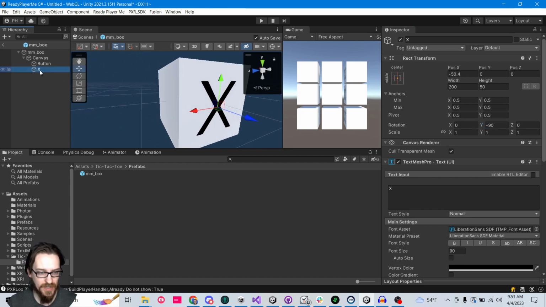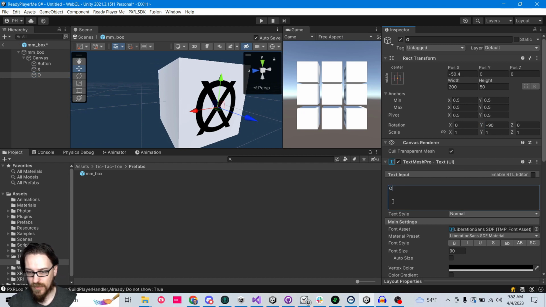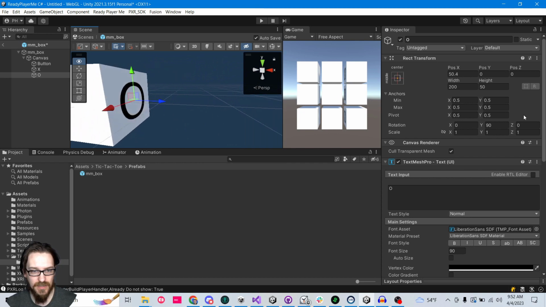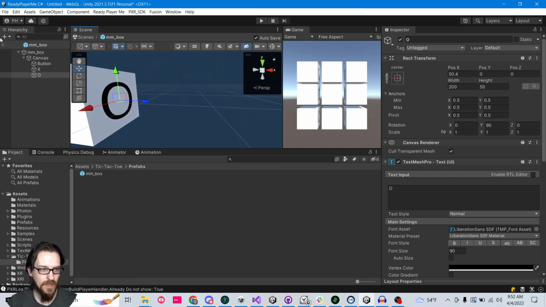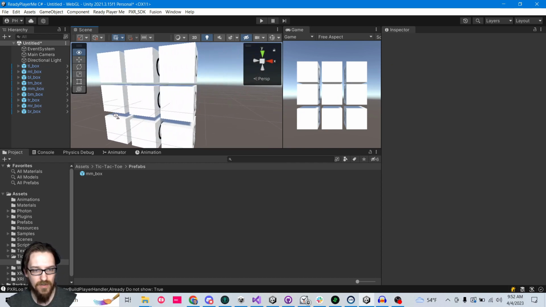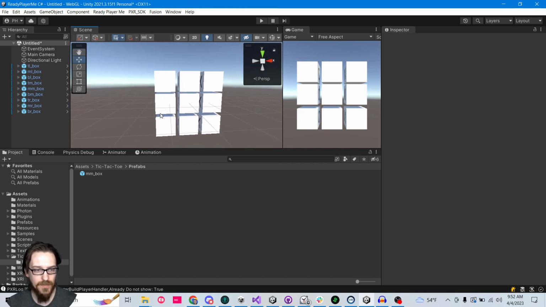And then so we can duplicate that, call this O, and put an O there. Oh, let's put an O there. And then this should be 90 degrees, and this should be positive 50.4, right? And we got an O over there. Cool. All right, so we go back, and you can see we have X's on the left of all of our cubes, and we got O's on the right of all of our cubes. Superb. So now what we need is we need to put a script on our prefab